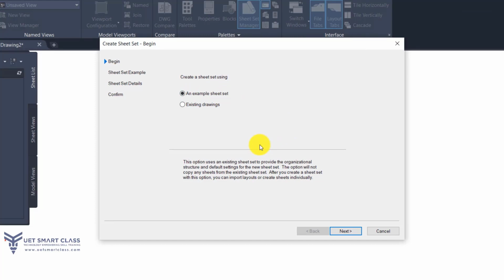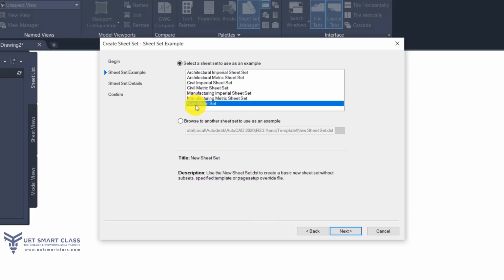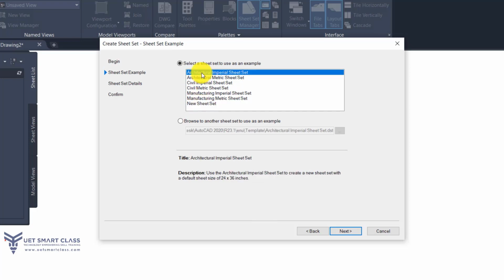See, there is a description as well. You can see this option uses an existing sheet set to provide the organizational structure and default settings for the new sheet set. Okay. So if I click on Next, it will show me some parameters. First one is select a sheet set to use as an example. So I have so many sheet sets like Architectural Imperial, Architectural Metric, Civil Imperial, Civil Metric, Manufacturing Imperial, Manufacturing Metric, or a completely new sheet set. Okay. If you click on any one of them, it will